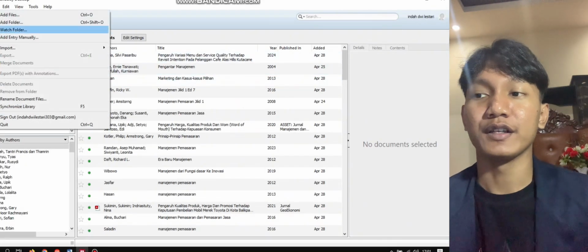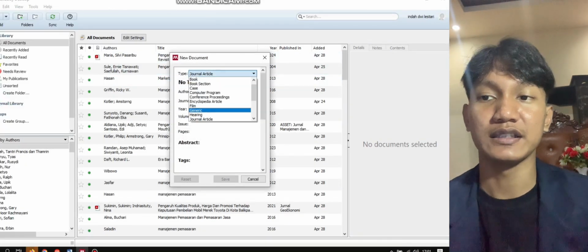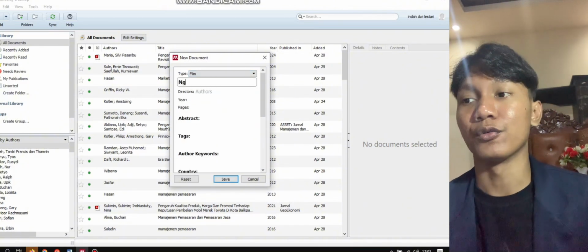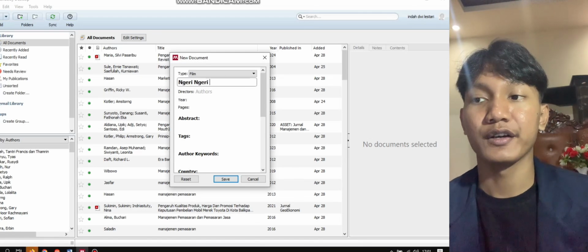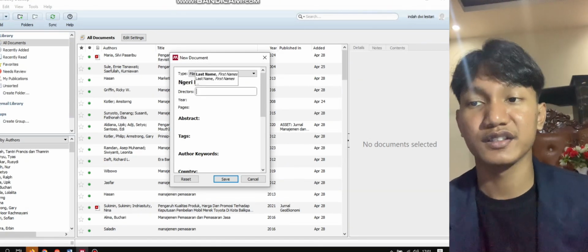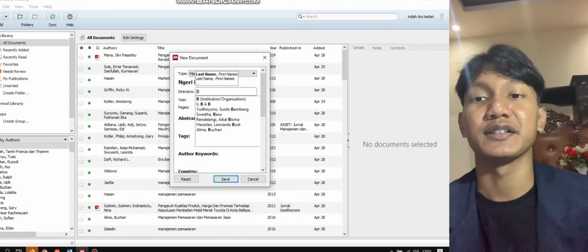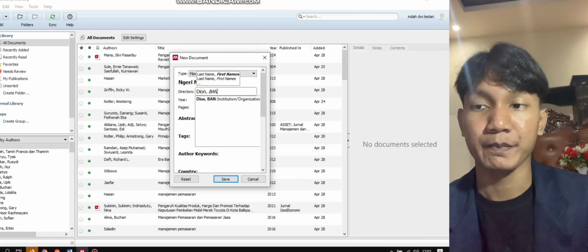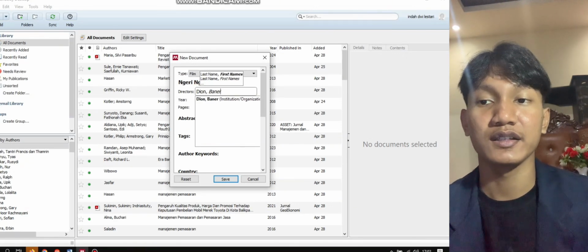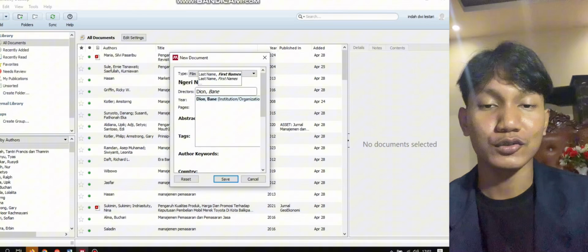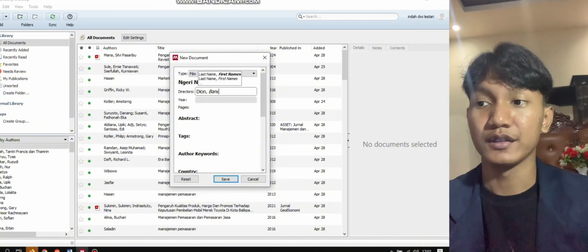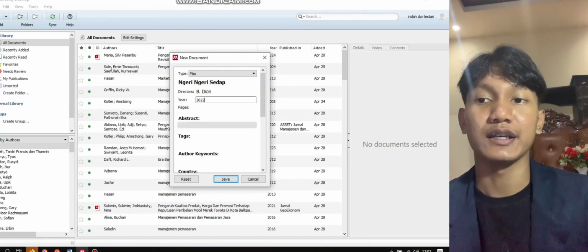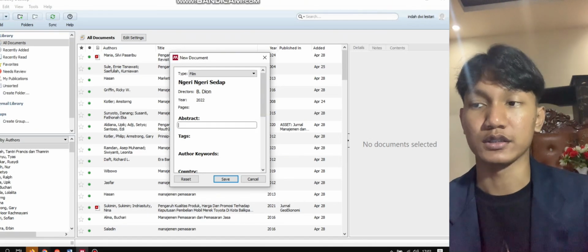Open Mendeley, then click Entry manually and select the type as film. Next, find a film on YouTube. Once you have found it, fill in the title in the title field. Enter the director's name. Write the last name first, followed by the first name. If the director has a title or degree, don't include it. Just write the name, then check what year the film was released and fill it in under year.